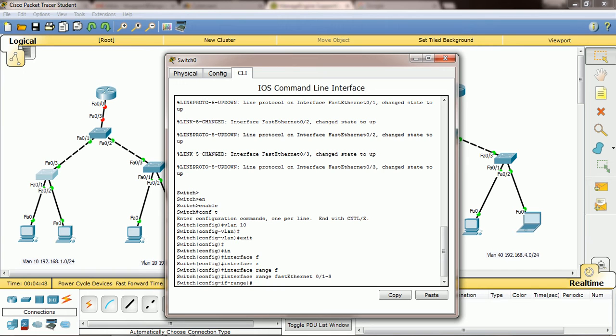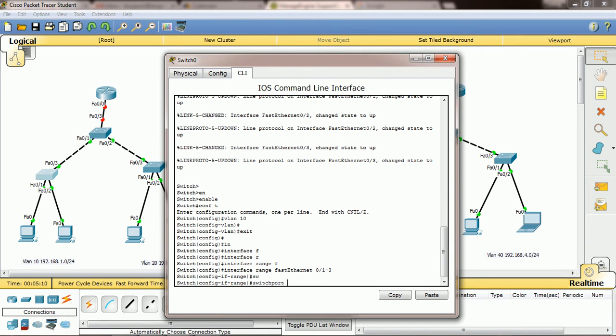A continuous series you can use as a range. If you need to make interface 1 and interface 10 VLAN 10, then you can't use this. You need to do it one by one. When it is continuous, then you can use this range, interface range fast ethernet, right?